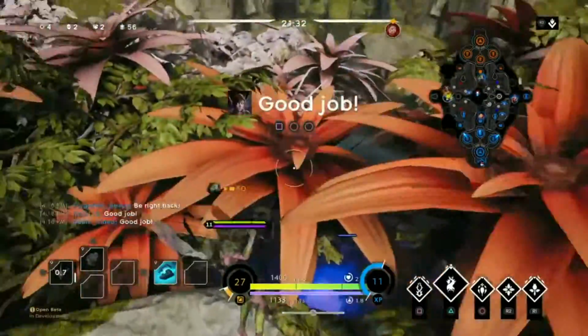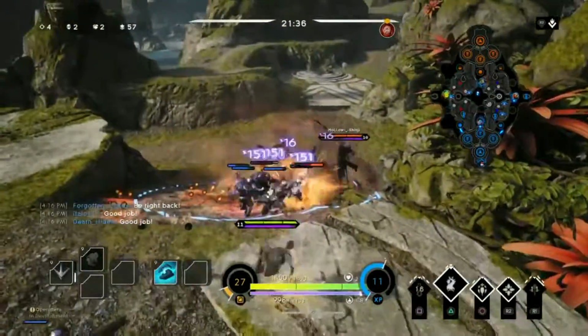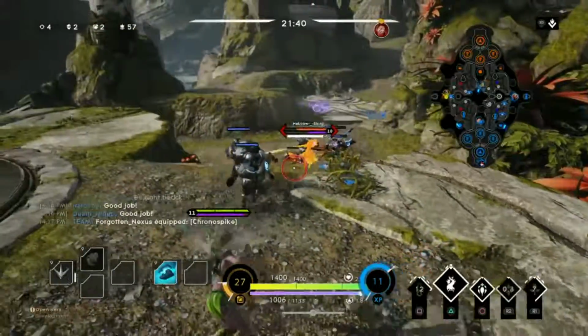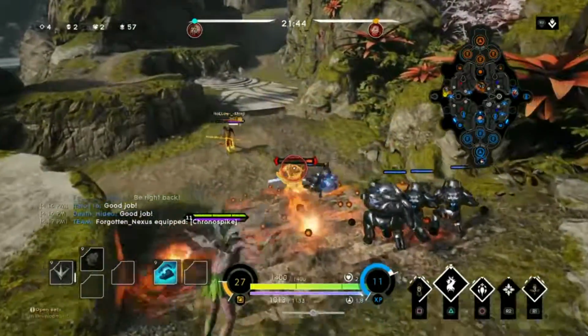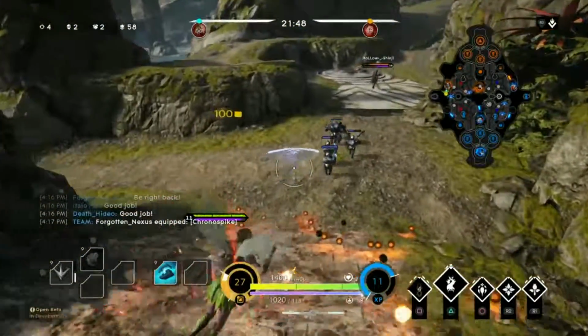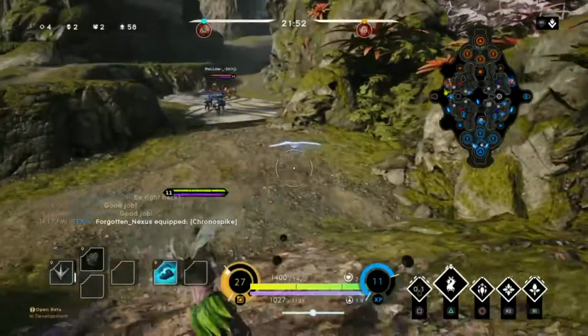So I noticed left lane getting pushed. I put a ward down. And I'm just trying to take out as many minions as possible before Feng Mao can push. He can out-damage me, though. And he can out-damage me by quite a bit. I'm guessing he was doing a crit build. But